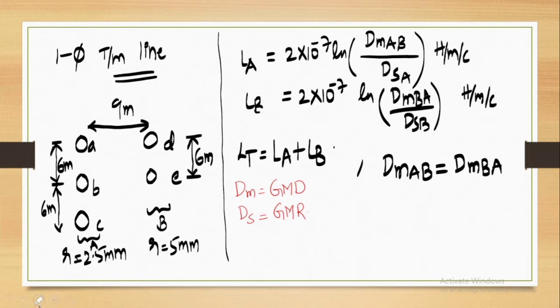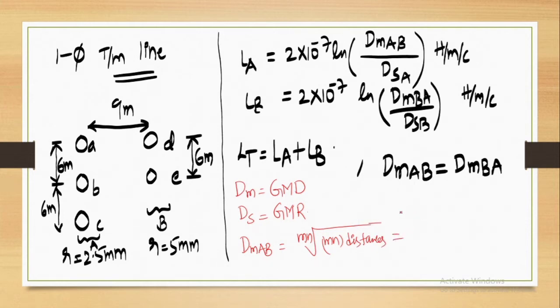It is capital A and capital B. Okay, I made a mistake. So now it is DMAB. How can you find DMAB? DMAB is nothing but the mnth root of mn distances.